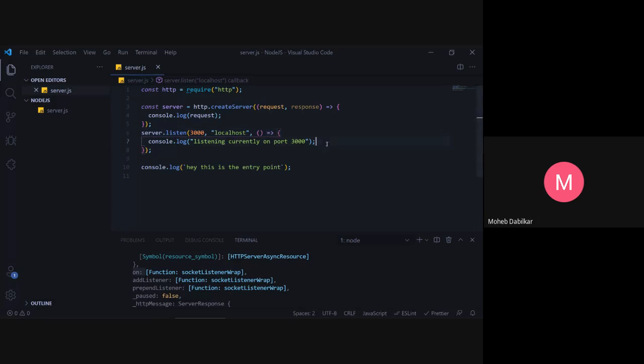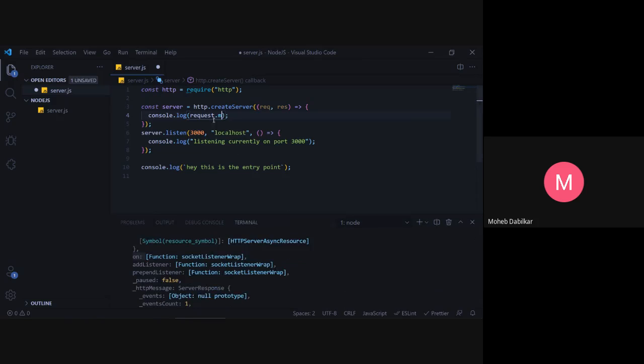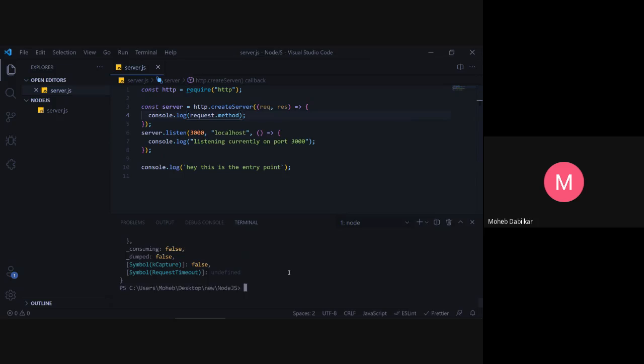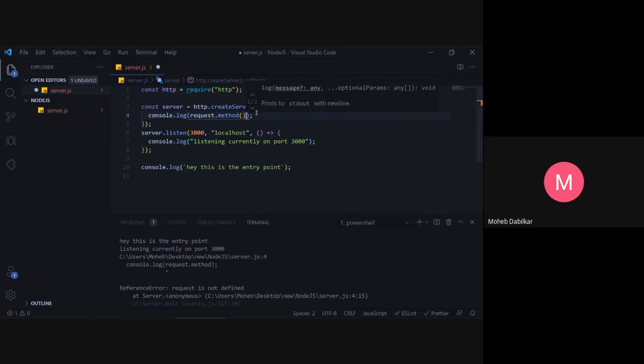Okay, we are also doing request and responses. So let's just remove this for now. I don't want to type in a lot. And then we have request dot method, I'm supposing. So this is your request object, and we just console logged it. Is there something known as request dot method? Okay, request dot method is not an object, and is it a function then? We just changed this also.